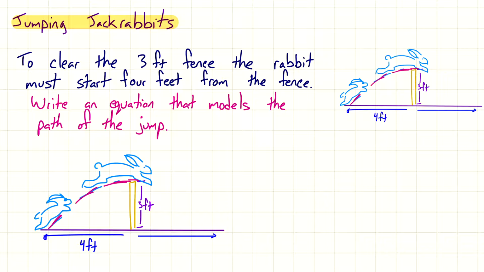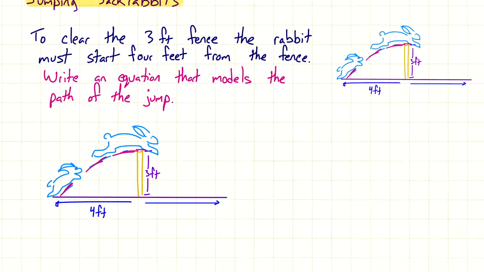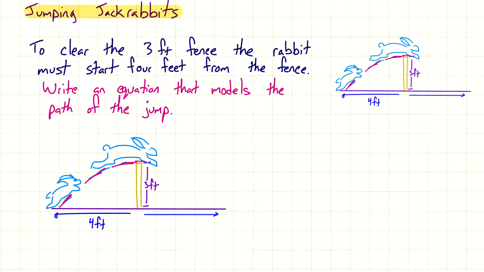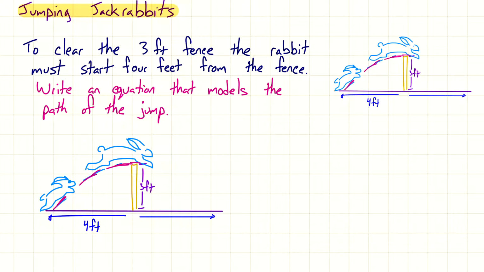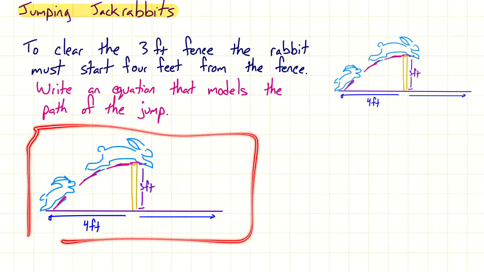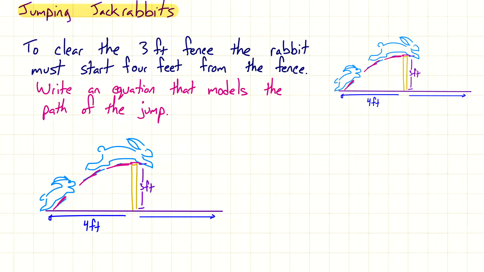All right, so I've redrawn it here because I'm going to add some additional lines on it. But for the most part, what we're trying to do is write an equation that models the path of the jump. So something that you need to get in the habit of is really drawing a diagram. Whether it's in your notes or on a test, if you get a similar problem to this, I would expect some picture that demonstrates what's actually happening as it's described in the problem. So that's one reason why I have a picture of a rabbit jumping over a fence,